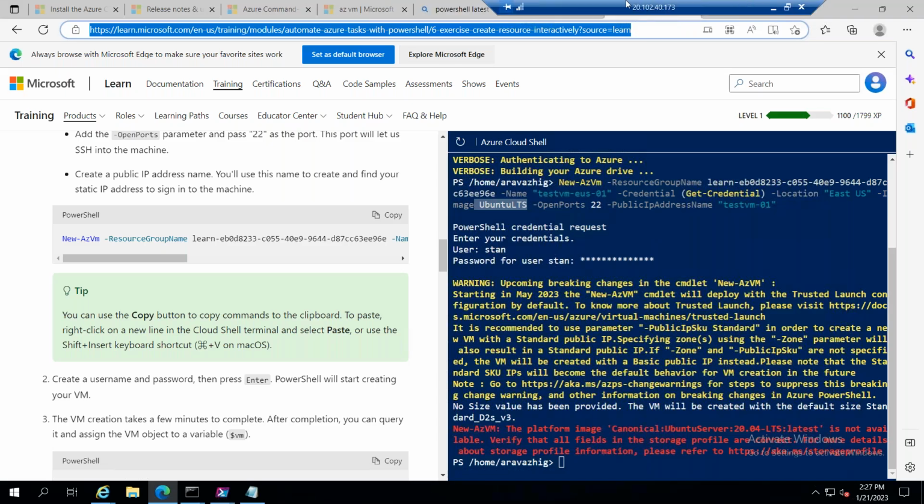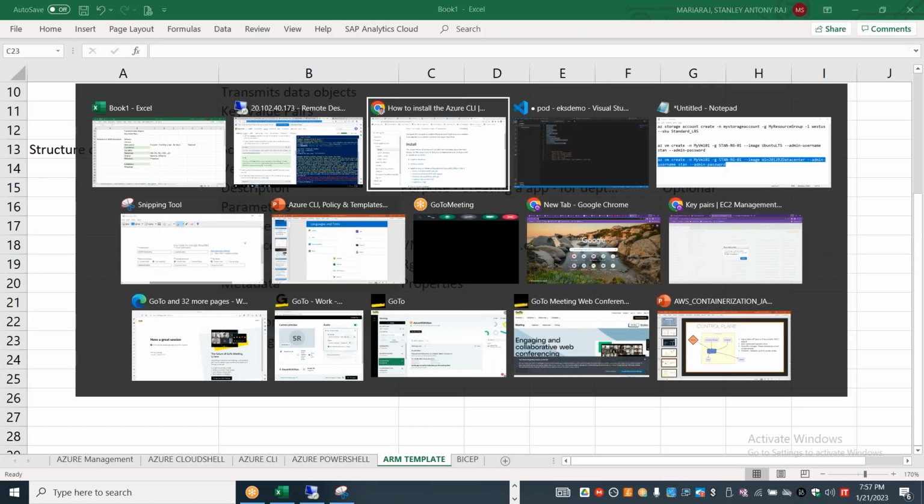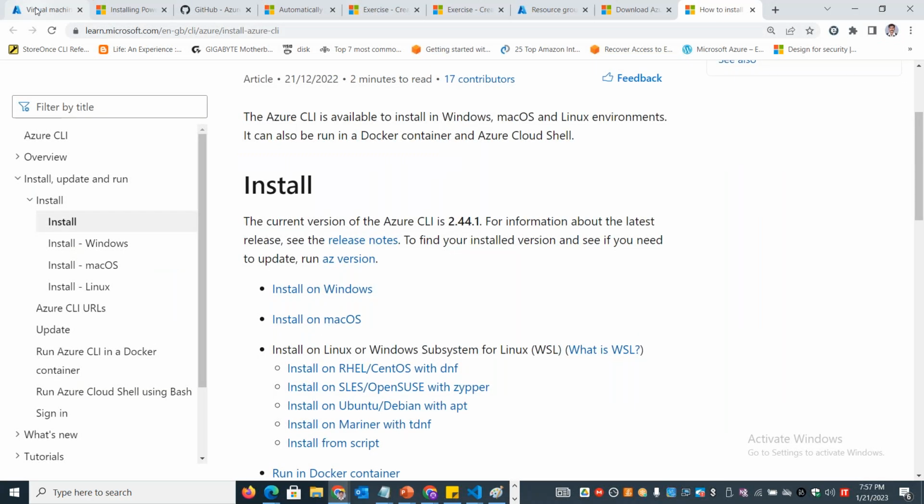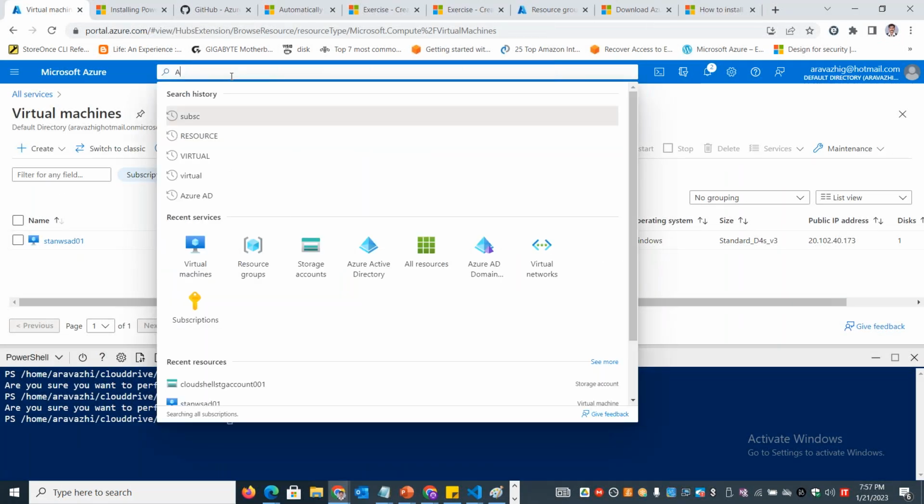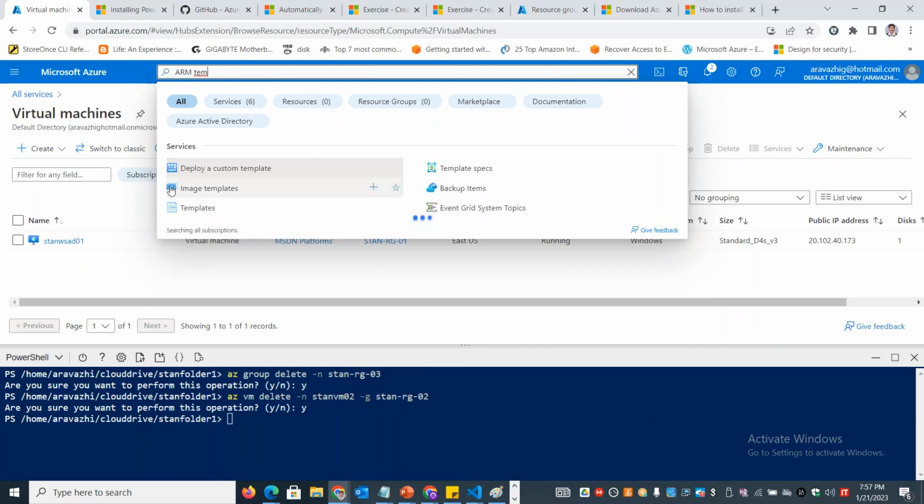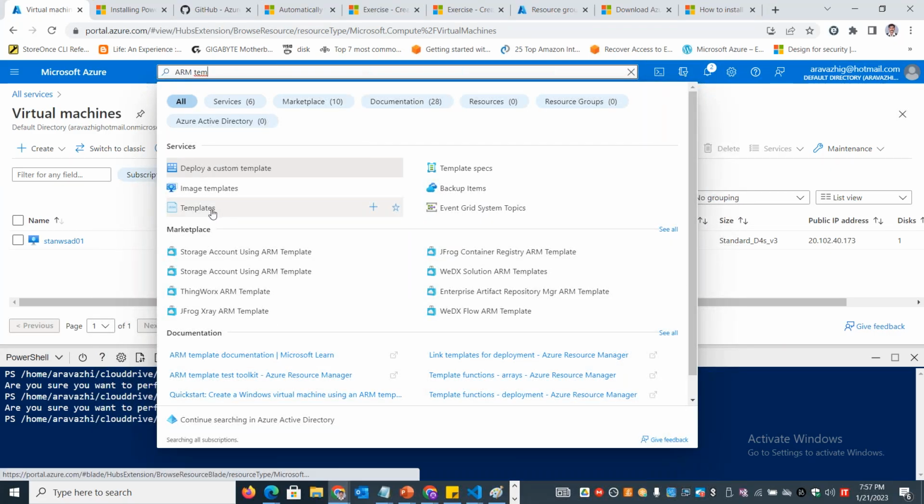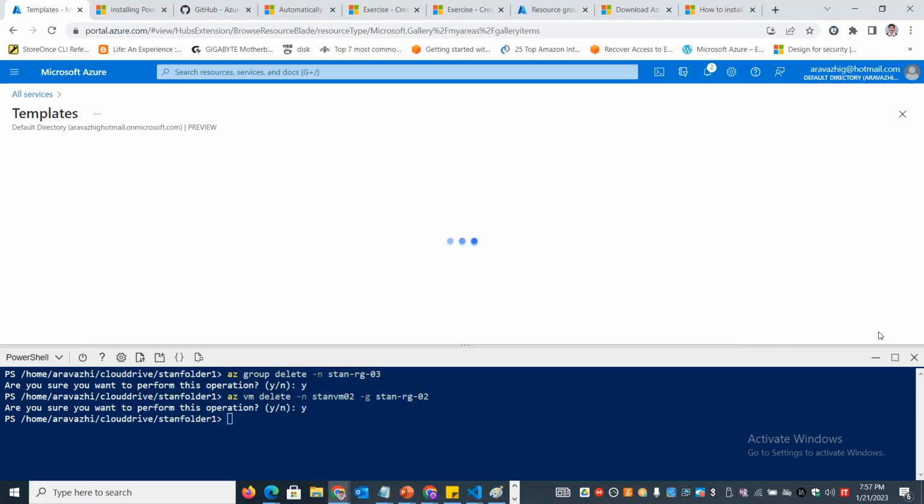Let's go to Azure, log into the Azure platform. Let's use it here only. I have logged in from here, right? So here I can just go and type ARM templates, or just template is also fine. See, if I select this,